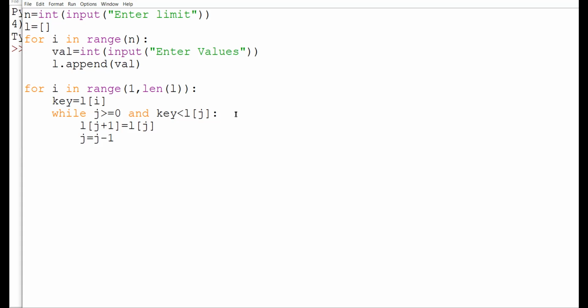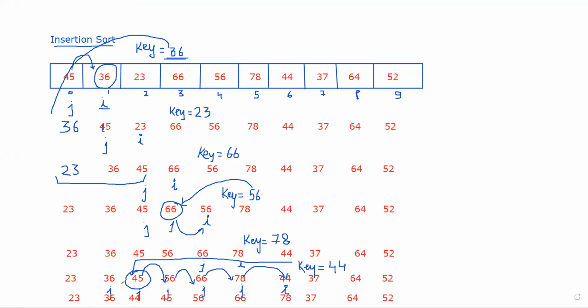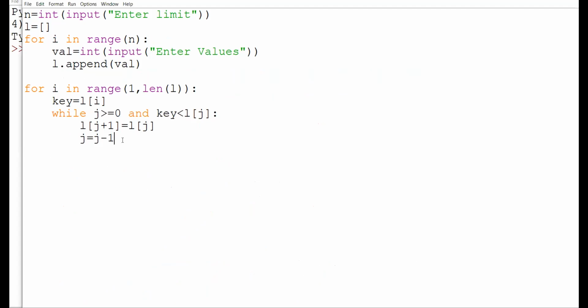Then once the shiftings are over, you can see over here, for example in this particular case, j will be at this position, 36. So at j plus 1 we have to store this key part. Once the while loop is over, at j plus 1, L of j plus 1